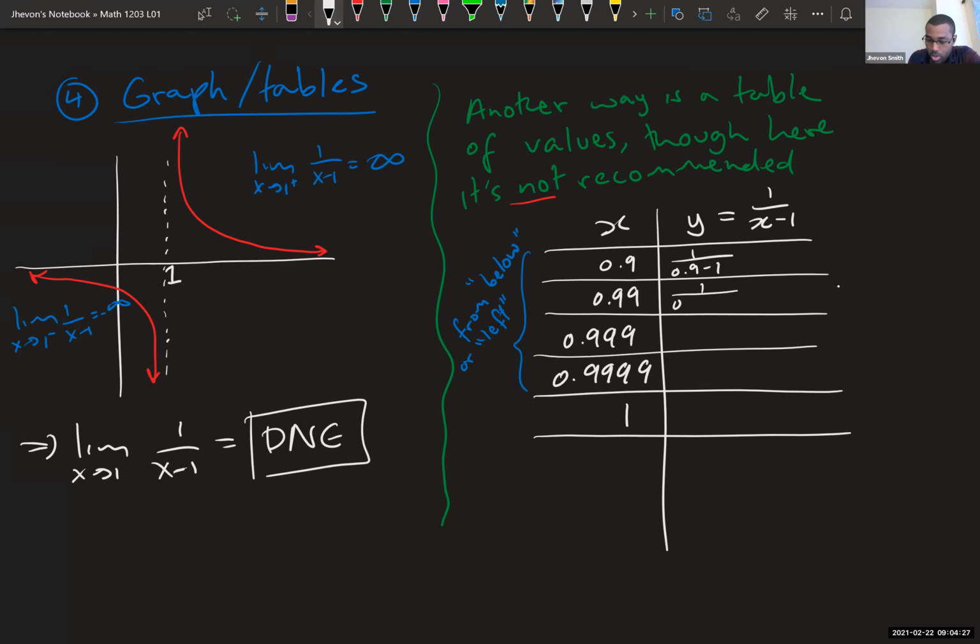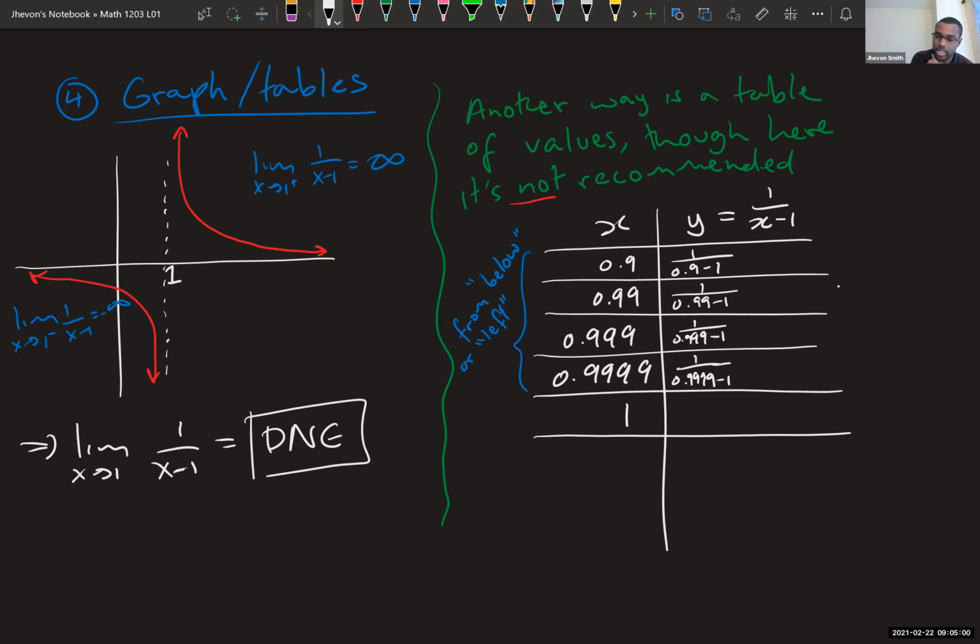You would have 1 over 0.9 minus 1, 1 over 0.99 minus 1, 1 over 0.999 minus 1, right? Now, what these actual values are, you'd have to calculate. You could think of 0.9 as 9 over 10, and 0.99 as 99 over 100. But the idea is, you'll notice that the denominator keeps getting smaller,